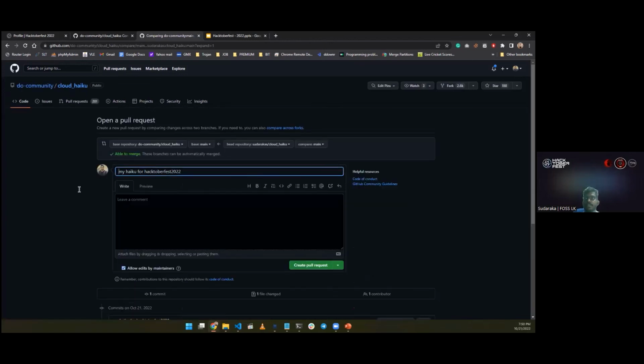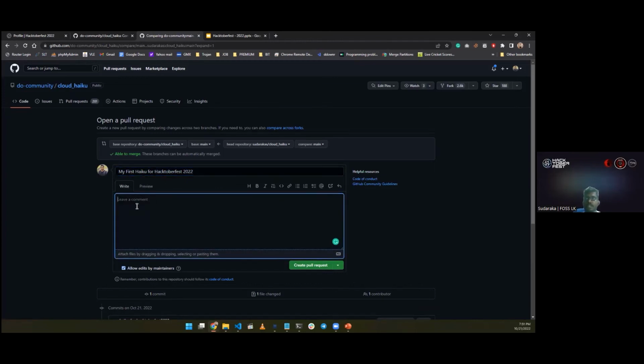Right, so in here you can see a form you need to submit. Here you can add the title. I'm going to keep it simple: My haiku, my first haiku for the Hacktoberfest 2021. Right, so I'm going to add a comment here as well.